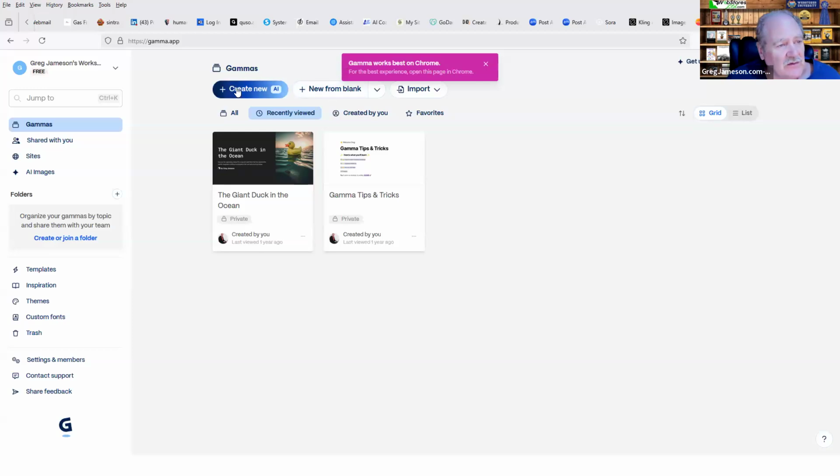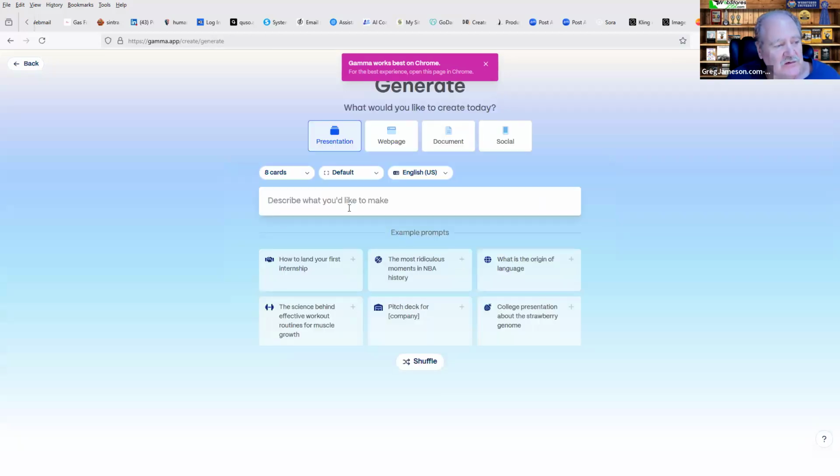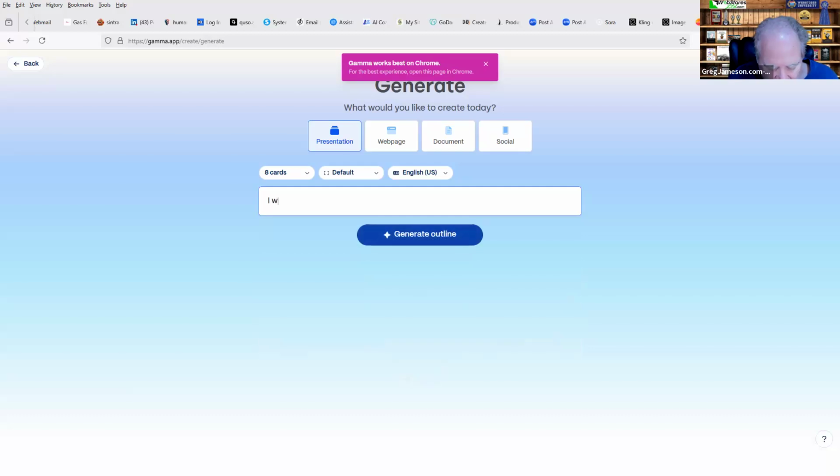You can do it from blank, but let's just say create new, and we'll do something from a one-line prompt to start with, and we'll just say I want to have this be about, I don't even know if I want to say that. Let's just say